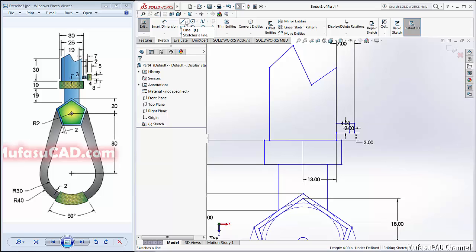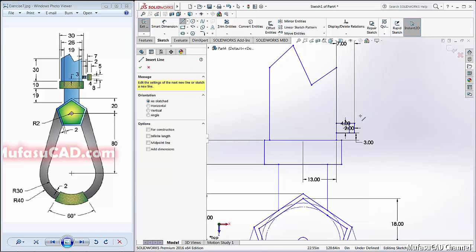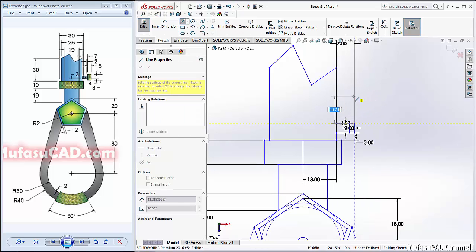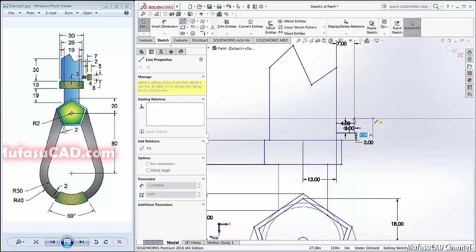Then I will create line here about 2 point. Okay, and in here about 5 point. In here about 8. About 5 point, and done here.